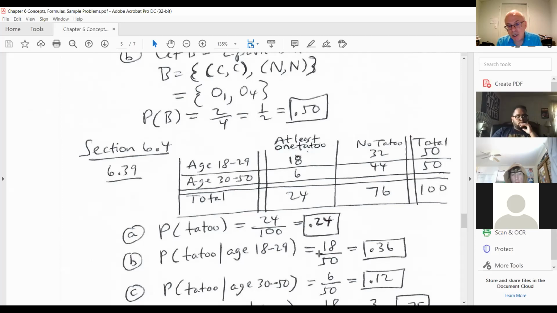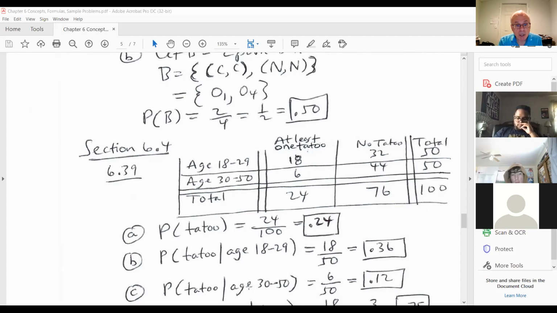Now you could use the formula for conditional probabilities. That would have worked also. But if you think about it, this is a shortcut way of doing it. And then what's the probability that a person had a tattoo, given that they were 30 to 50? Well, that would be,